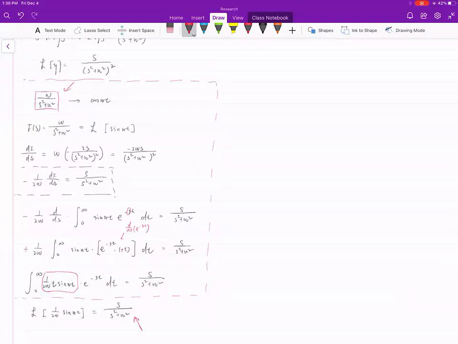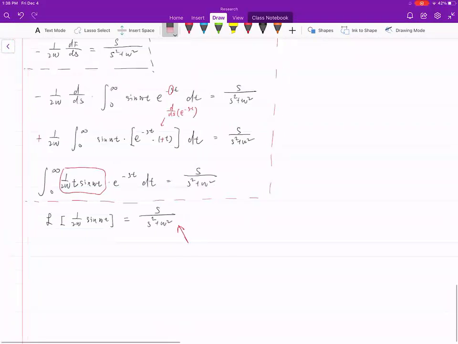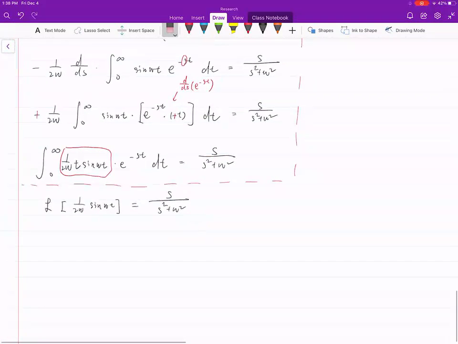But why are we doing this? Because we know if we do the Laplace transform of the solution of the initial value problem, we have this. We're looking for the inverse Laplace transform of this function. And we have this fact. Therefore, the inverse Laplace transform of this is just going to be this. This is the solution of